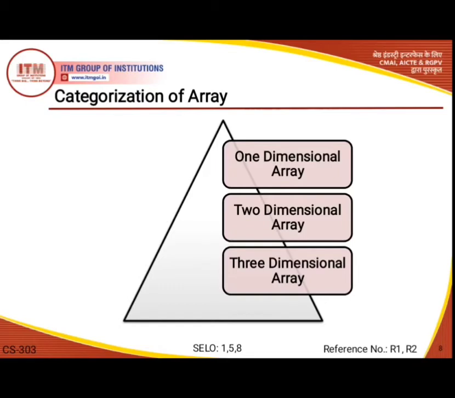So on the basis of all these features and categories, we define arrays into three forms, in which the first one is a one dimensional array, then two dimensional, and the third one is a three dimensional array. Other than these three, four dimensional arrays are also used somewhere. Okay, so in today's video lecture we will discuss the one dimensional array, and in my coming video we will discuss two dimensional and three dimensional arrays.